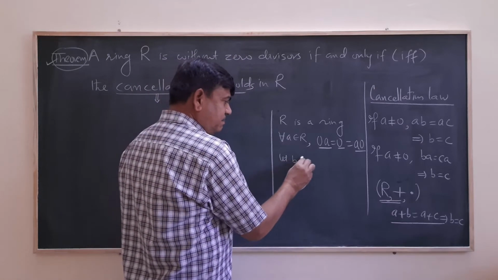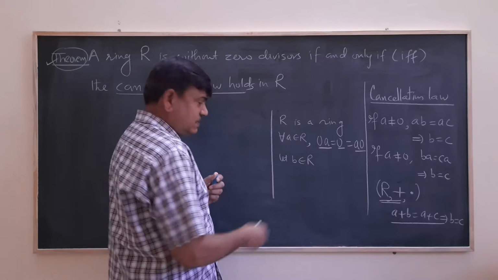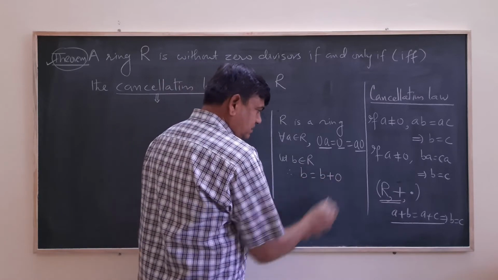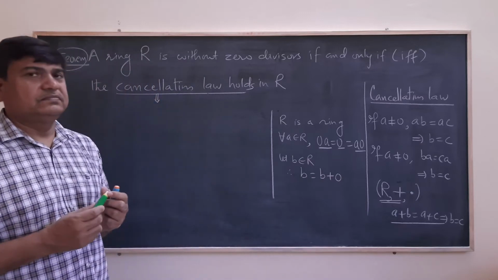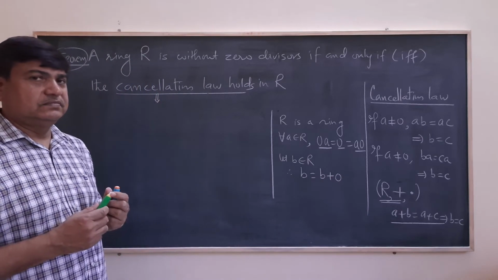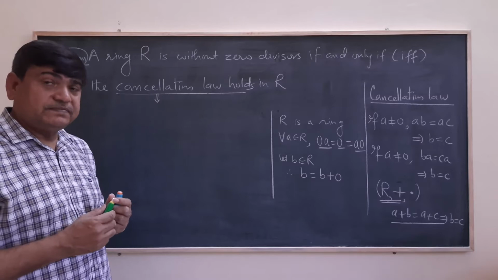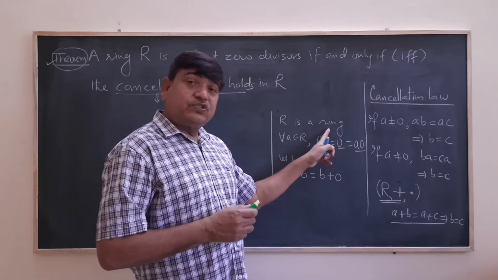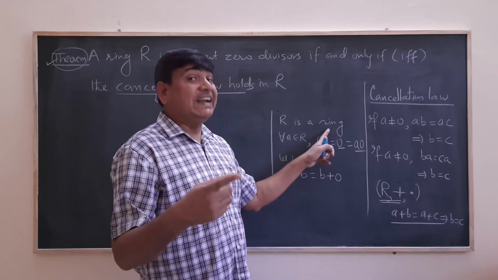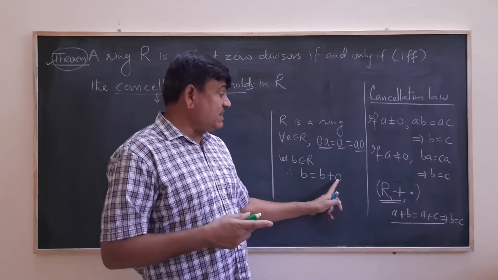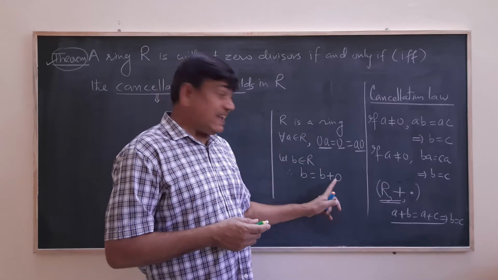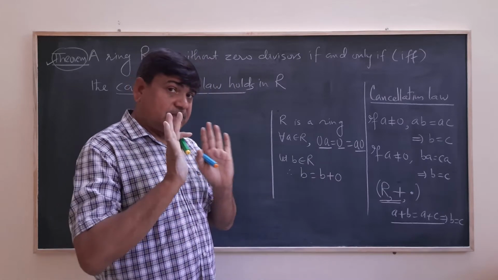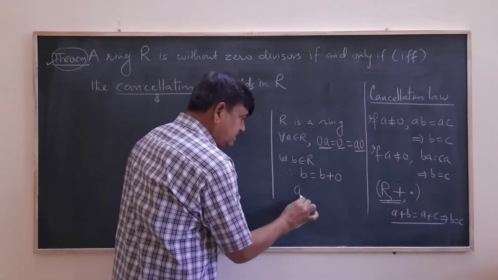Let B belongs to R, therefore B equals B plus 0. कैसे लिख दिया मैं? R is a ring, so it is a group, additive group. So this is the identity element, additive identity element. So I can write this. Okay, then